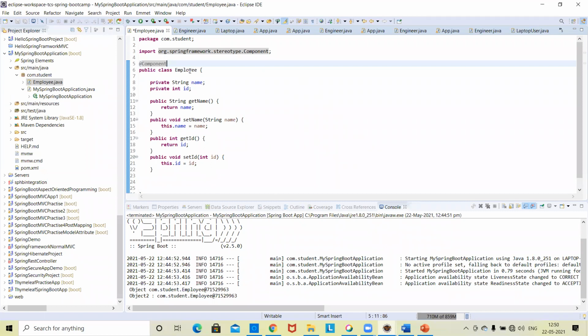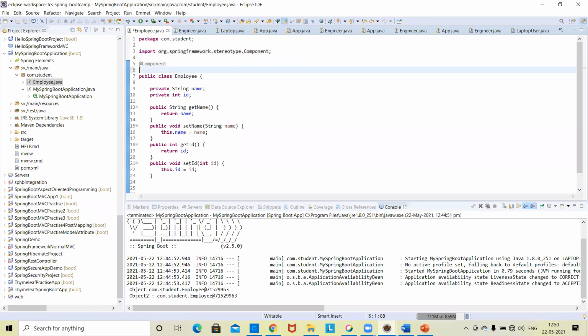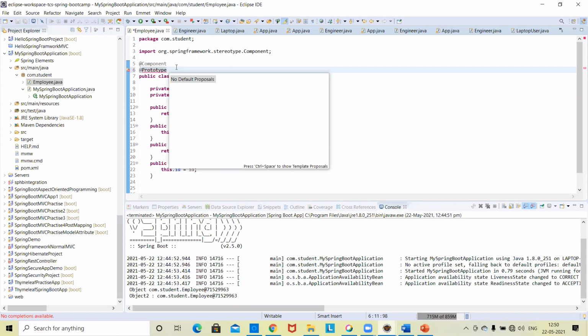How to write it? Is it @Prototype or do we need a component value? It is not taking the value. Why is it not taking it? That is the surprise.